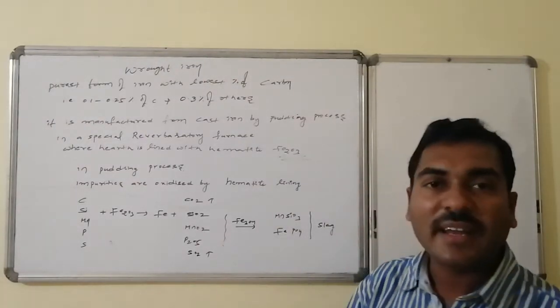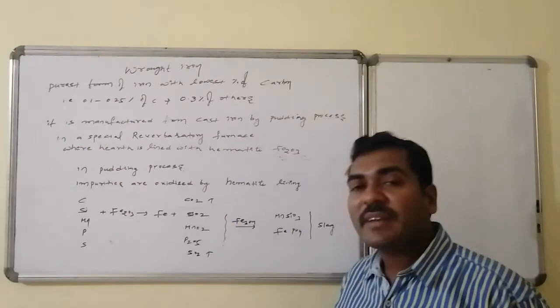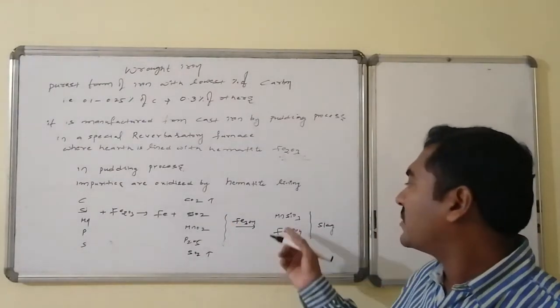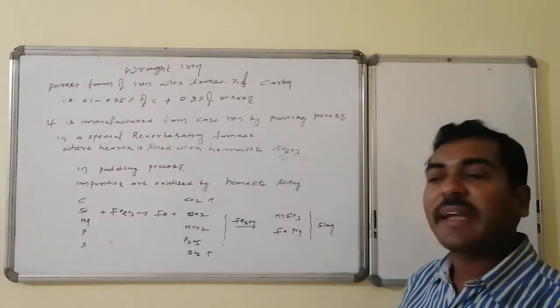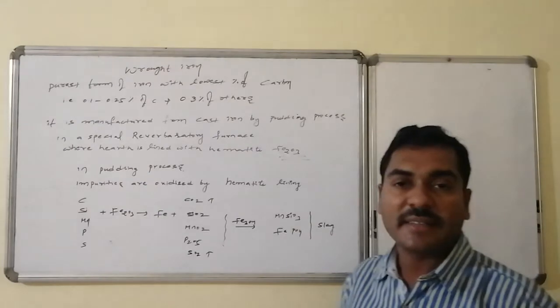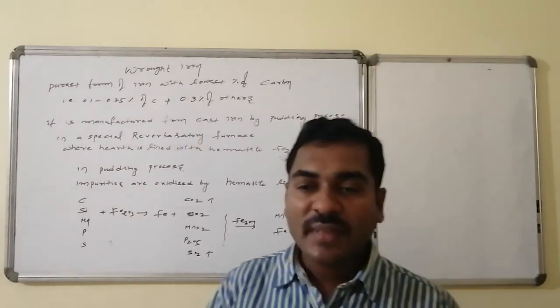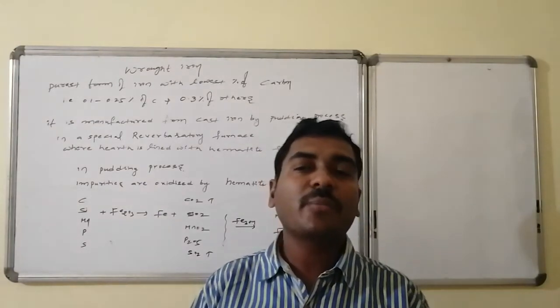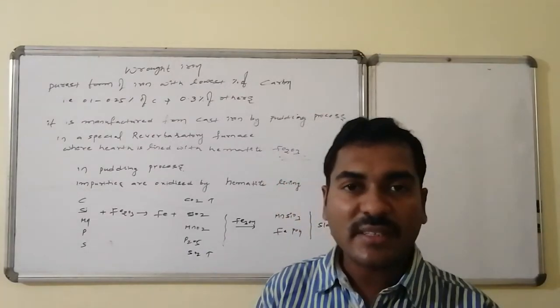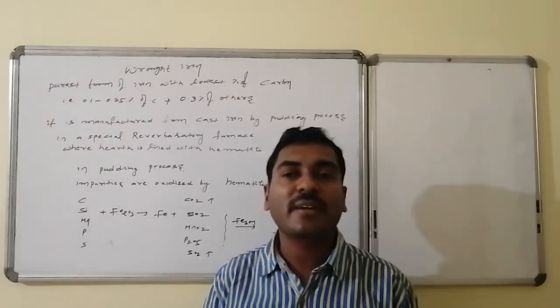Some of them are volatile and can be removed, and the remaining can form slag within themselves or with the hematite. As a result, we will be getting MnSiO3, manganese silicate formation, and ferrous phosphate formation in the form of slag occurs. Now this slag can be removed because after the removal of impurities, the higher percentage of ferrous is present and its melting point increases.